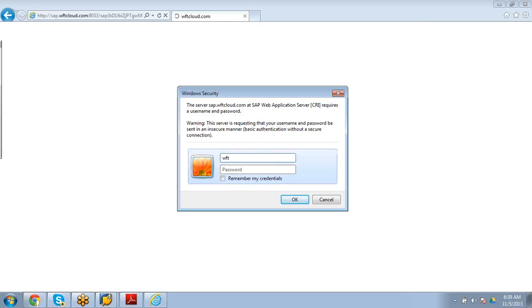So write a setting called web client UI.